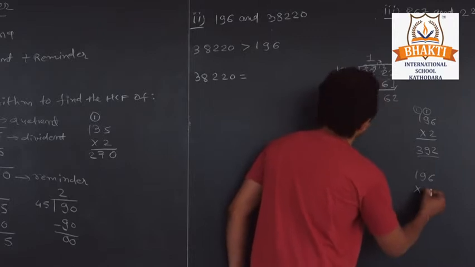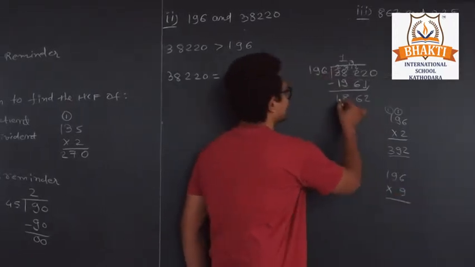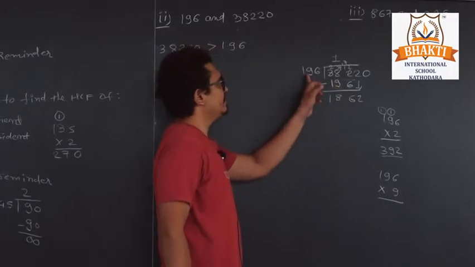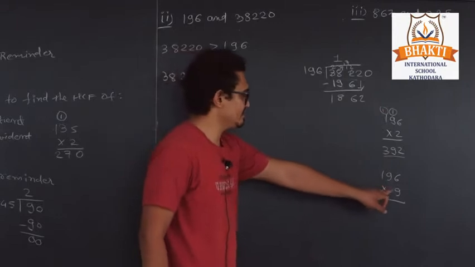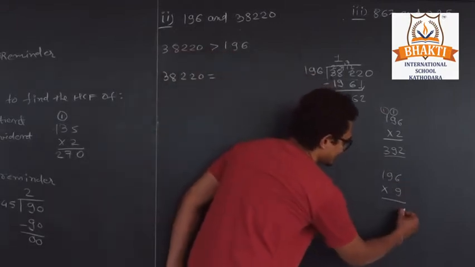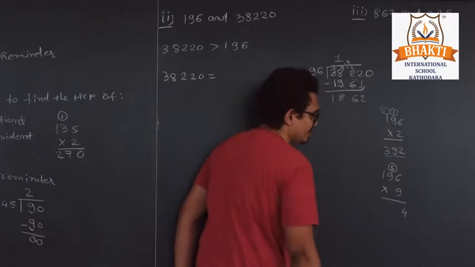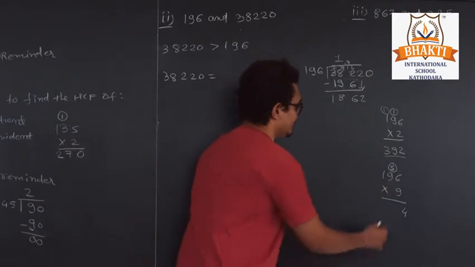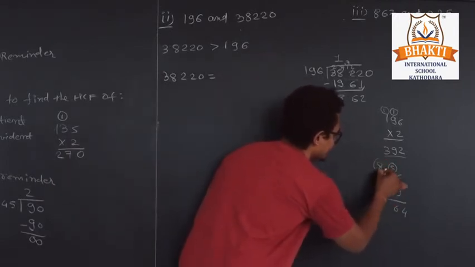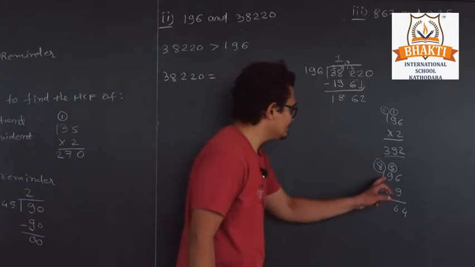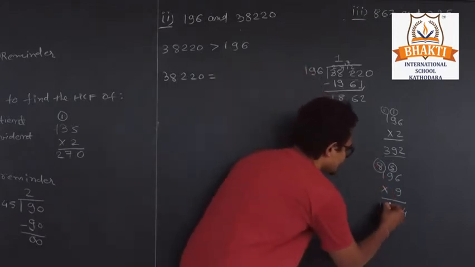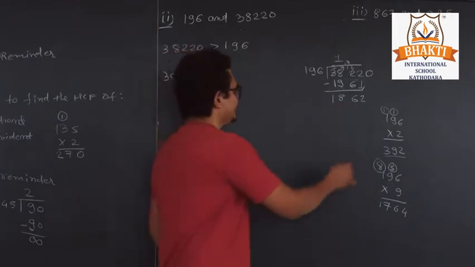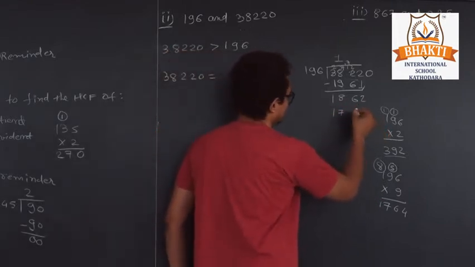So we can check 196. We can start with 9s because it is a greater digit, and we know 196 tens is 1960. So here we start with 9. 6 9s are 54, so we have a 5. Now 9 9s are 81, and 81 plus 5 is 86. So we have 8 as our carry. Then 9 1s are 9, 9 plus 8 is 17. So it is a lesser number compared to that. So here we can perform subtraction once again.